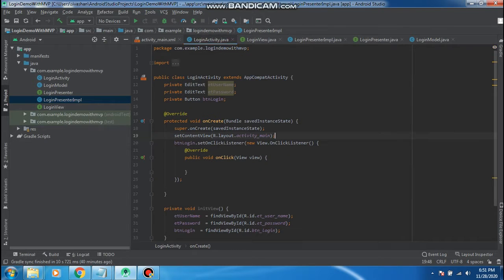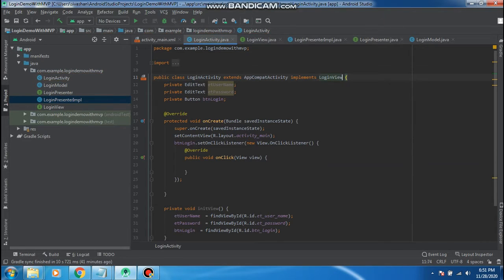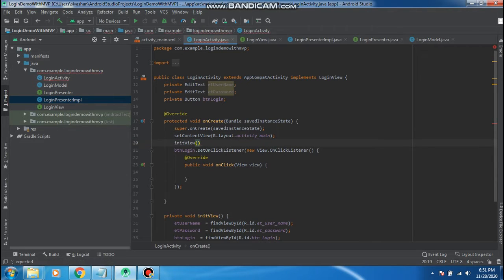Now I am going to the activity and implement the login view interface here. Then, oops, I forgot to call this method first. Okay, after the login view interface is implemented here,